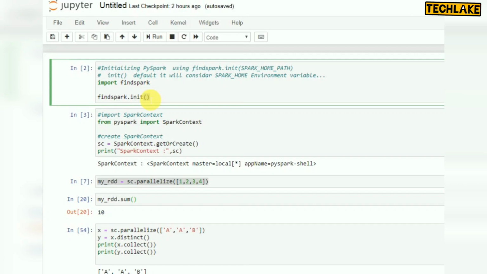If you leave it empty, it will take the default Spark home path. That's why we are initializing PySpark here, and that is the first thing you have to do the first time in a Jupyter notebook.